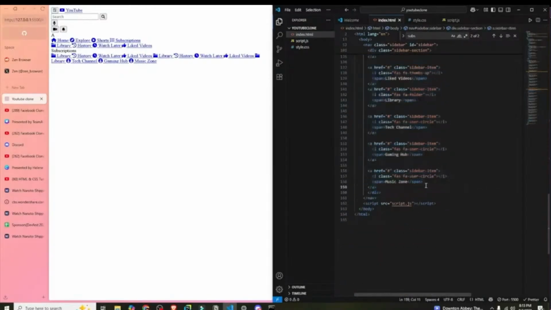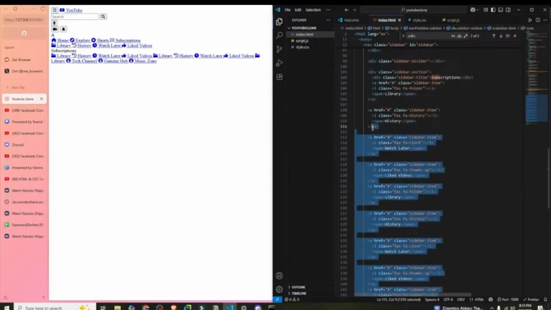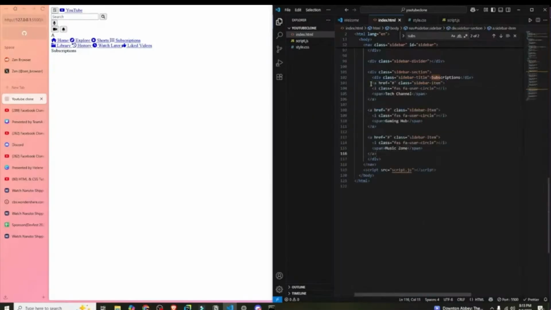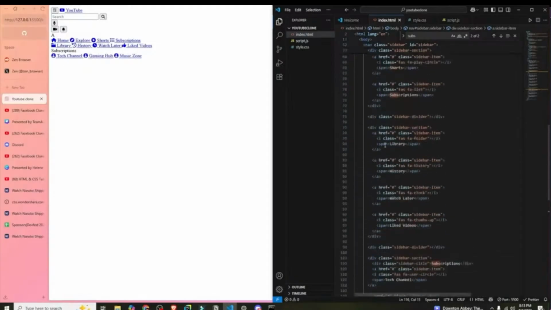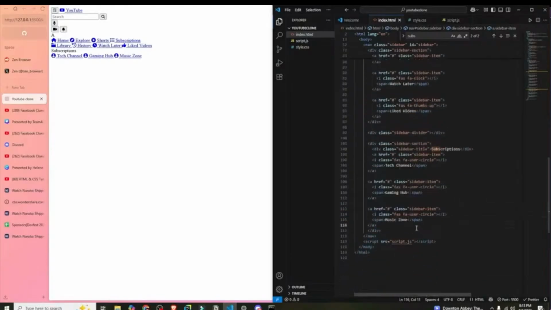Not our nav. Okay, it didn't copy for some reason. I'm really sorry for this. Turns out all of it has been pasted. Now we'll paste. I just realized that I had copied all of this. I had done Control X for putting all of this inside a div, so maybe that happened. So these are our channel subscriptions. Sorry for that inconvenience. You might run into similar kinds of problems, so don't be afraid to analyze